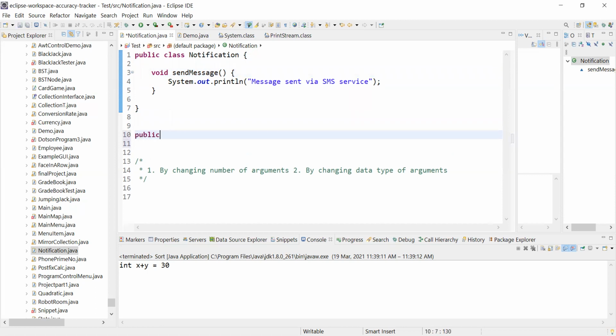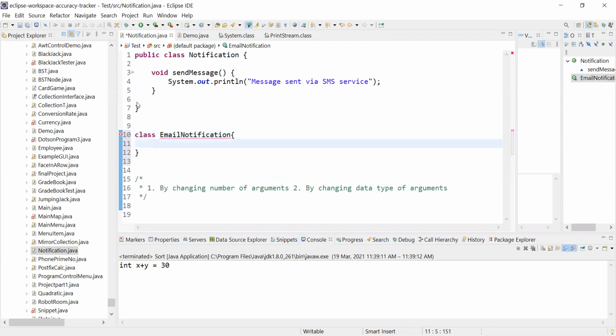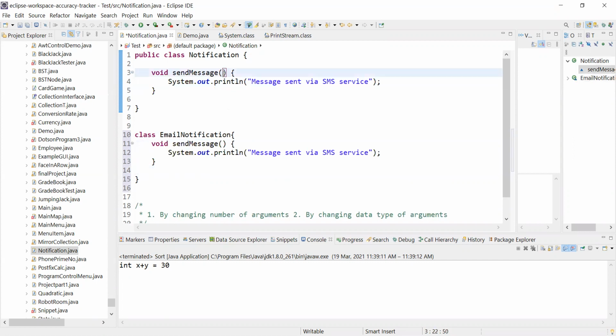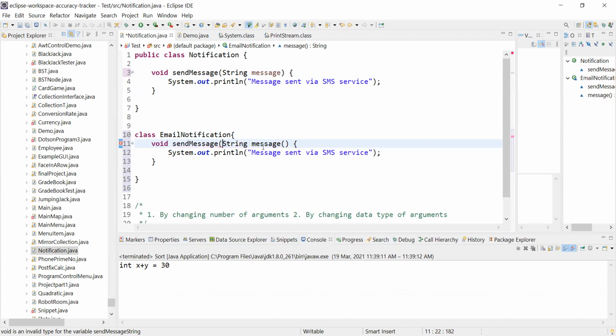There is one more class, let's say public class EmailNotification, and we have, let me take a message here, String message, and this is the similar method we have here in the child class as well.